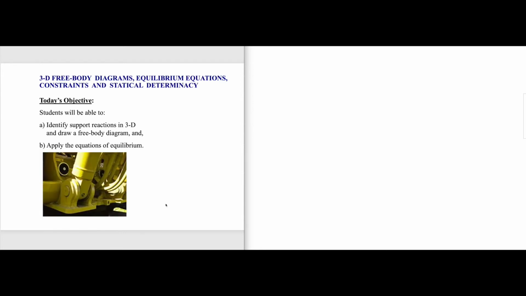Now we apply a similar approach to 3D problems as well. Till now we have seen 2D, so now we'll apply our fundamental concepts to 3D problems. We employ a similar approach: wherever we have a support, we replace the support with the respective support reactions. For example, if you look at this problem, this is a 3D problem. In this problem, what you have is a rod,